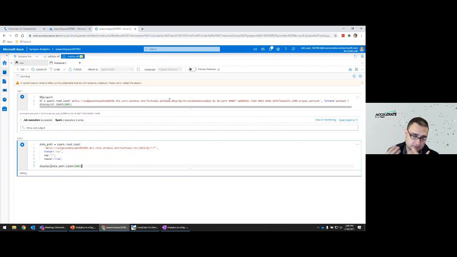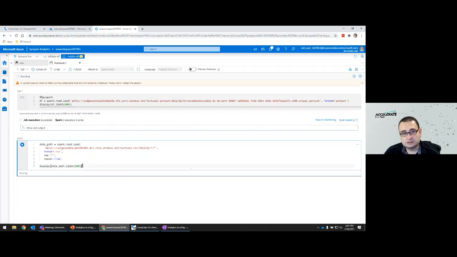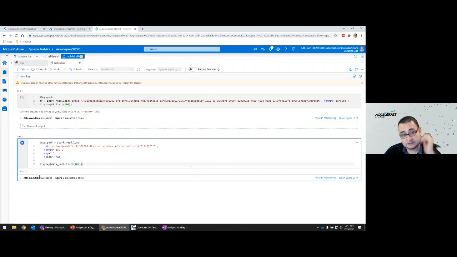You can choose the file format, CSV, Parquet, Avro, or JSON, pretty much any type of file format that you prefer. So we're going to let that run. Actually, it's running already. That's cool. And we should see the results in a minute or two.